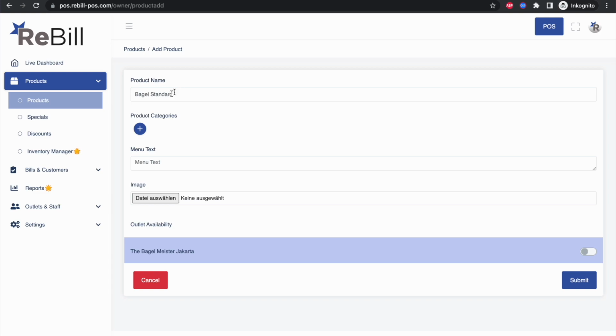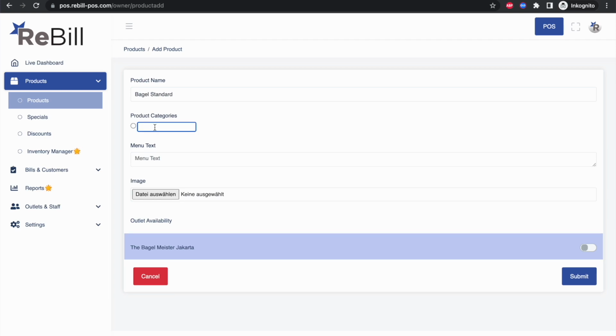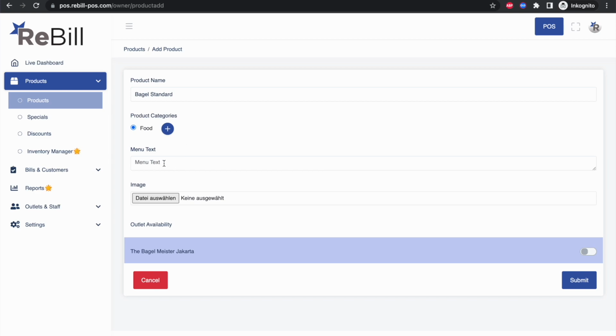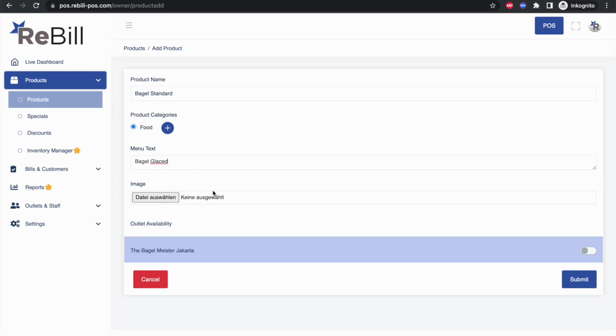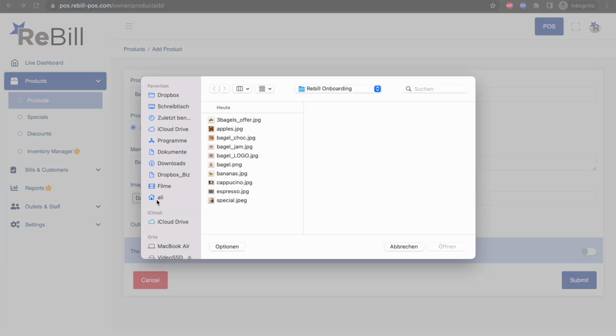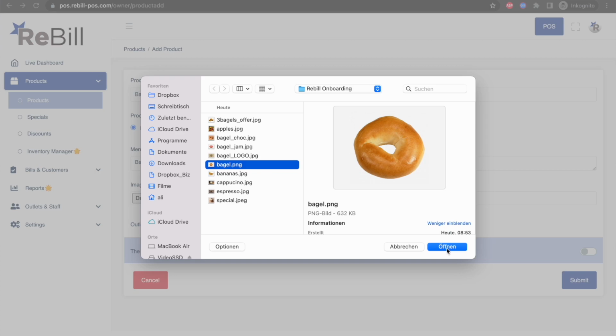And we create a product category called food. We're probably going to create more categories later on. But for now, we want to create only bagels, which is food. Same here, you can upload an image. And now the important part is